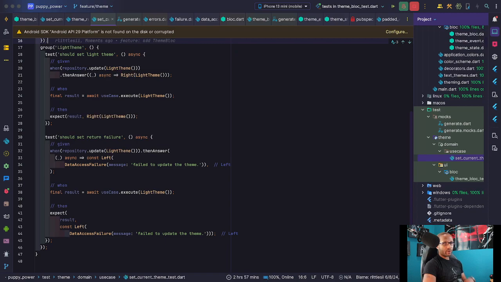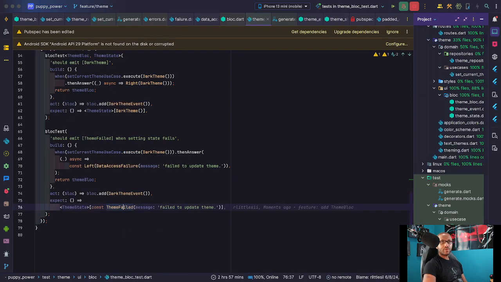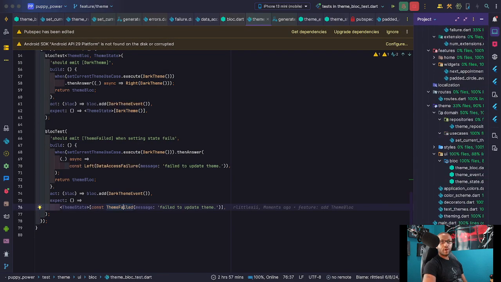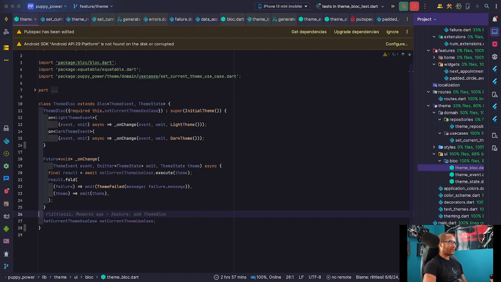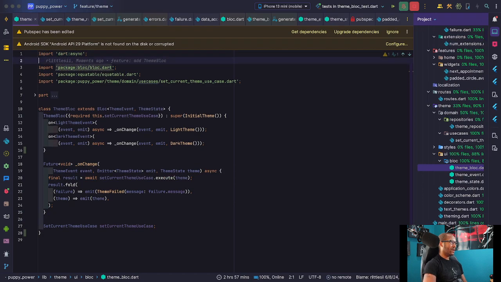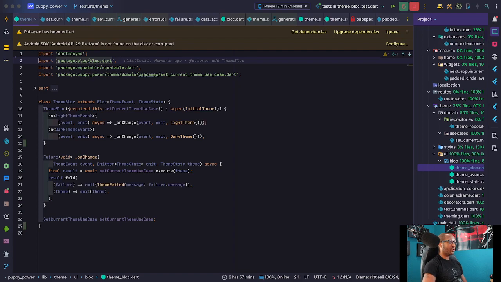We are using a bloc to do the actual state management, and then we're using the clean architecture pattern around use cases and repositories to stash that information out to some